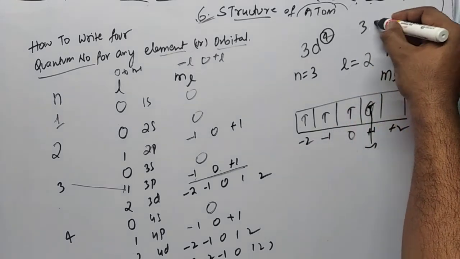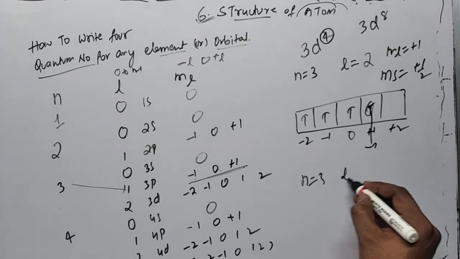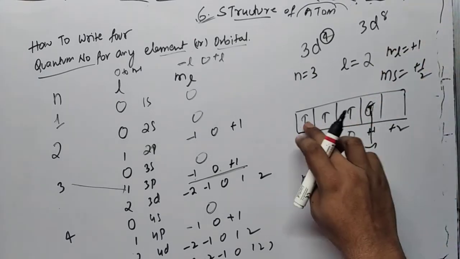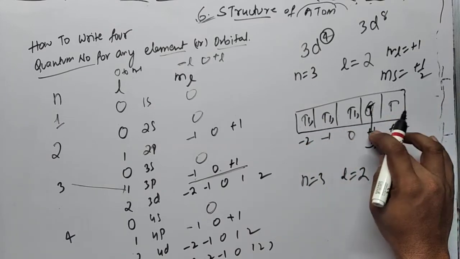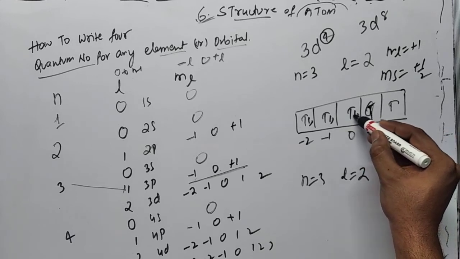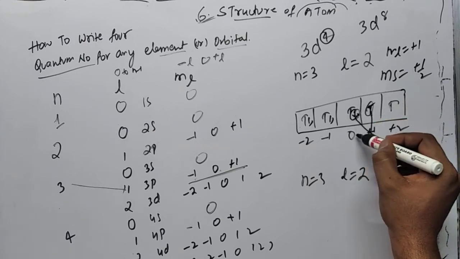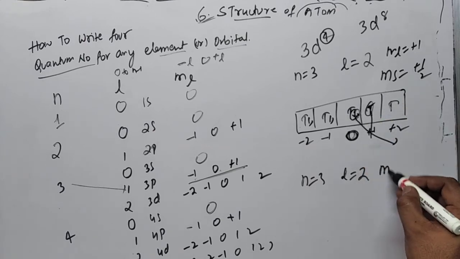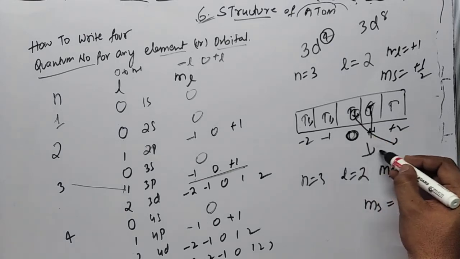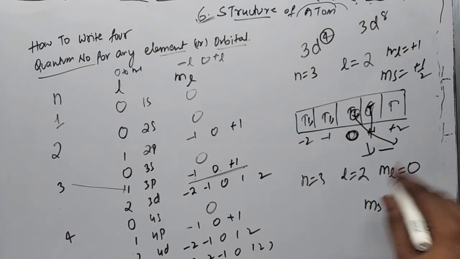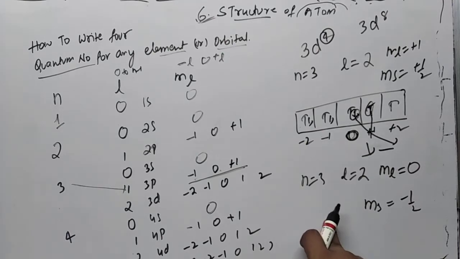Suppose we have an orbital 3d8. Same, n value will be 3 and L value will be 2, with 8 electrons. So 1, 2, 3, 4, 5, 6, 7, 8. Now we have to find the 4 quantum numbers for this electron. This electron is present in the 3d orbital of 0. So here ml value will be 0 and ms value will be minus half, because it is downward. So this is how we can write the 4 quantum numbers for any orbital or any electron